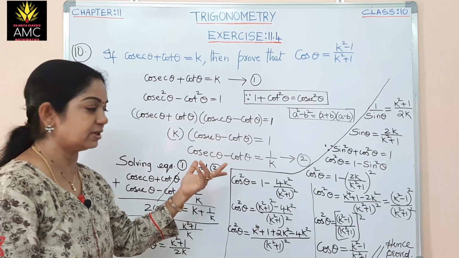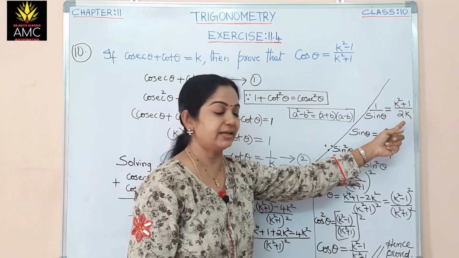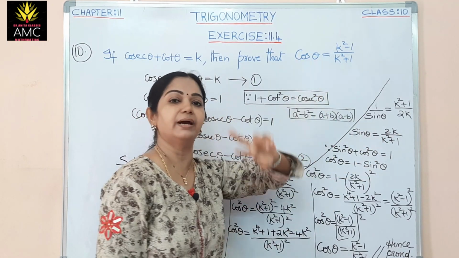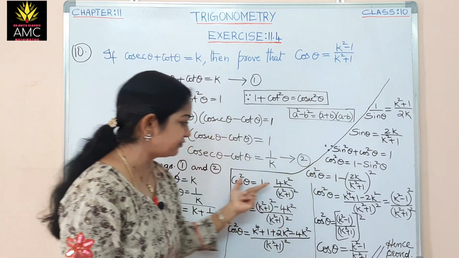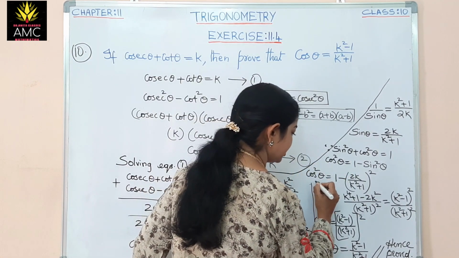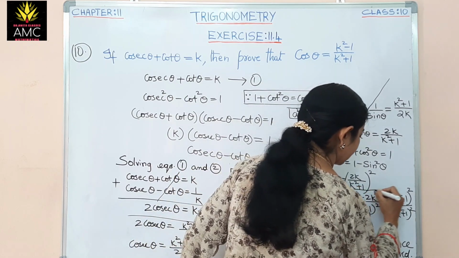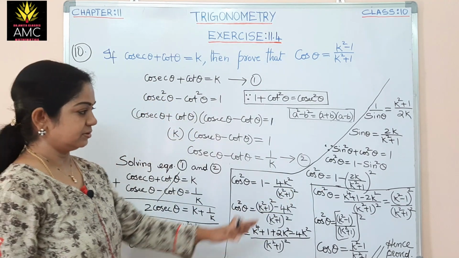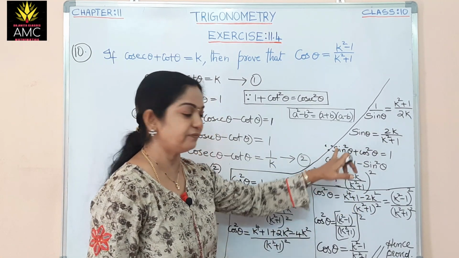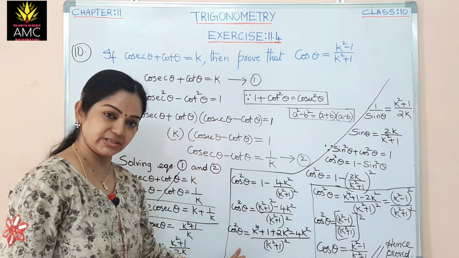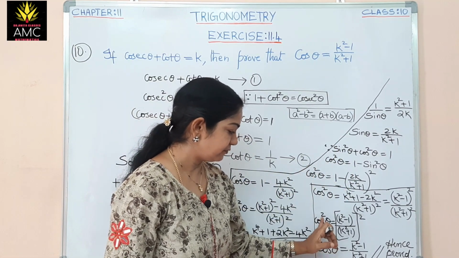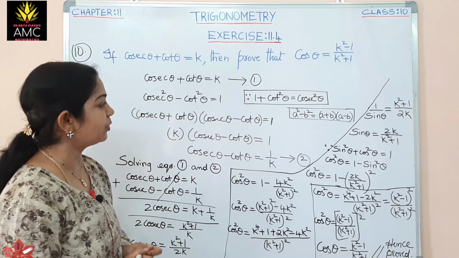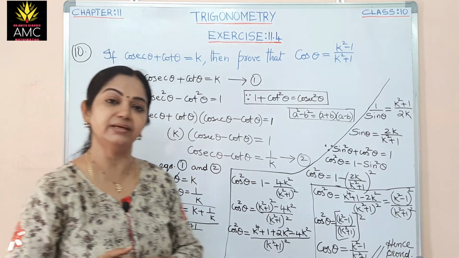Cosecant is nothing but the reciprocal of sine. So I have shifted to sine. So you got the sine value, but we want the cos value. From the sine value, how do we get the cos value? By using the first identity. So I have used the first identity. Here, don't get confused, students. Till here we got, I have used the first identity. From there I got cos square. Then for cos square, we have both sides squared, so I am removing the squares and you get cos theta. This is very important and quite many times it is repeated in the examination.